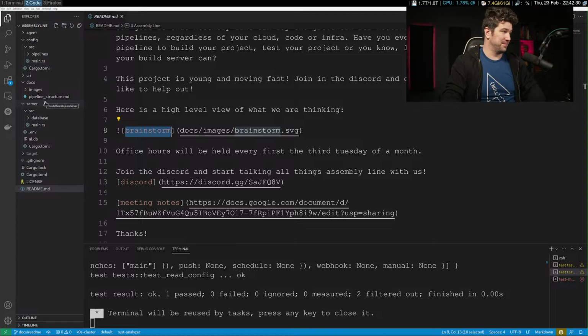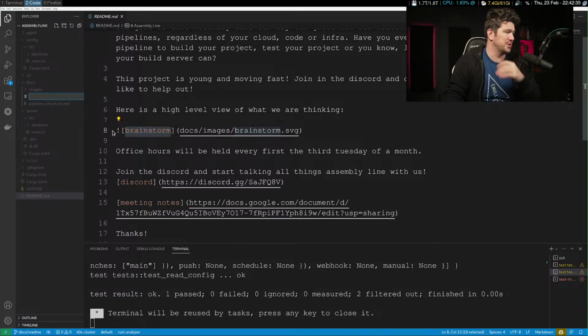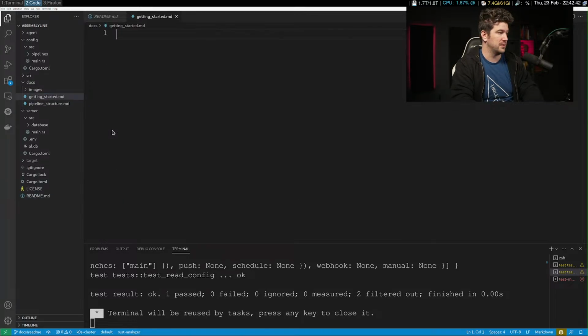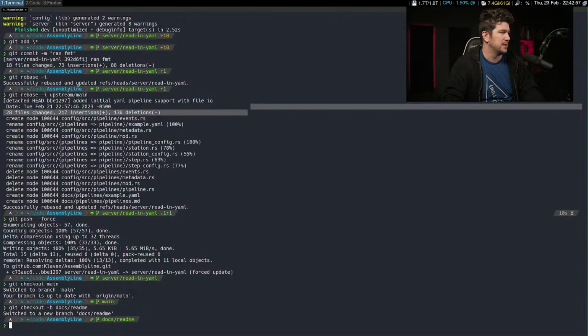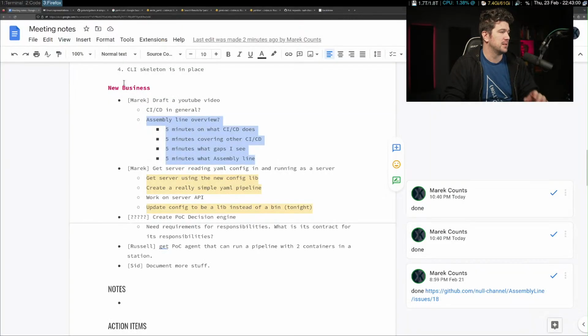Getting started. I don't know how to describe how we're getting started. We'll just start a little bit here, and then we'll also, so we're working on this.